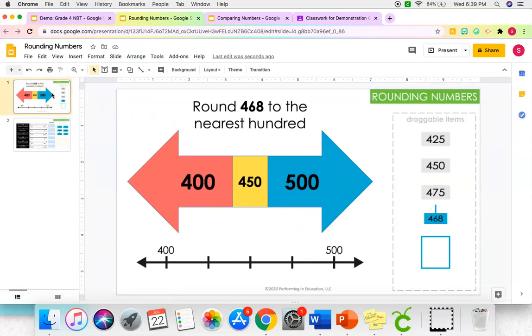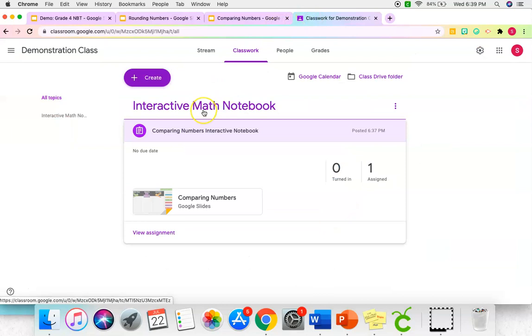if I wanted to add slides before or after these interactive notebook examples. I think what would be great is if you have some more examples you wanted to use from your curriculum or your school district, you can add another slide behind it to add those problems for students to work on. I'm going to go back to Google Classroom